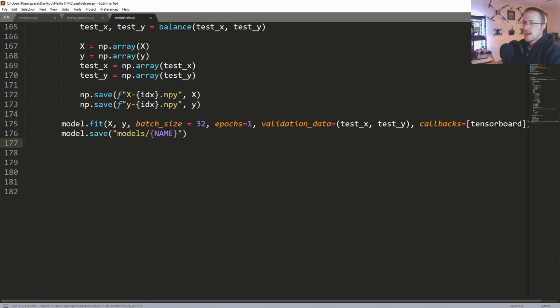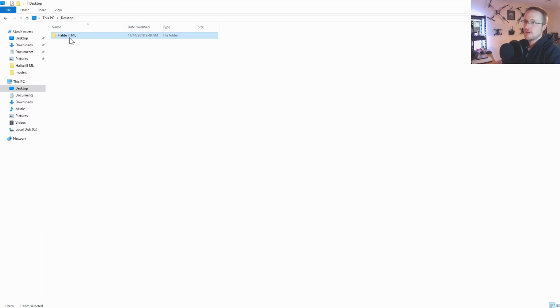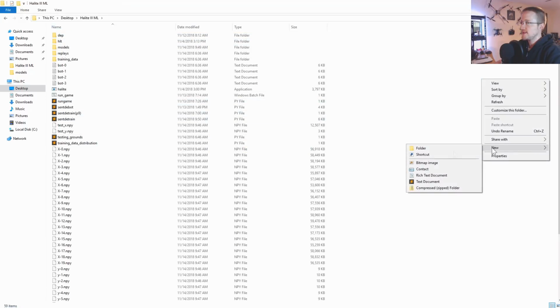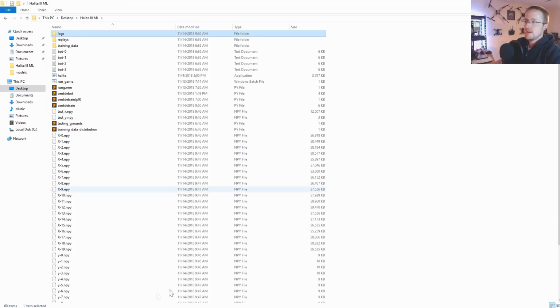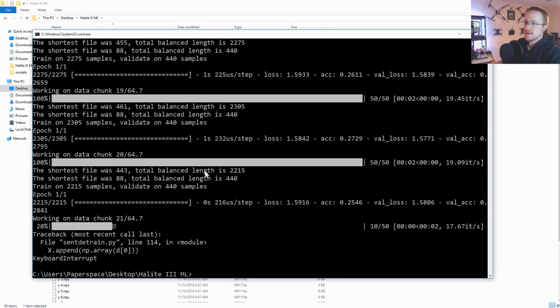So models, and then I can't remember if you have to have the TensorBoard log dir made, so I'm just going to throw in logs as well, just in case. And now,